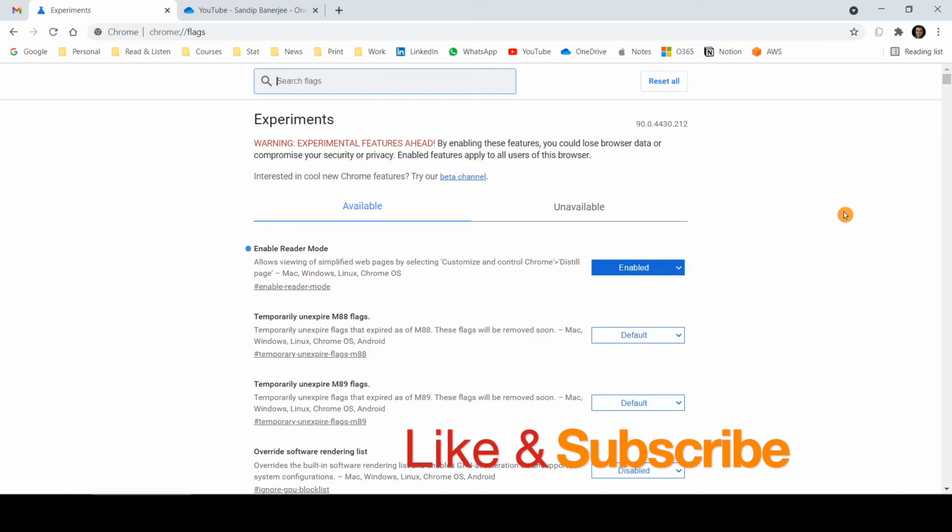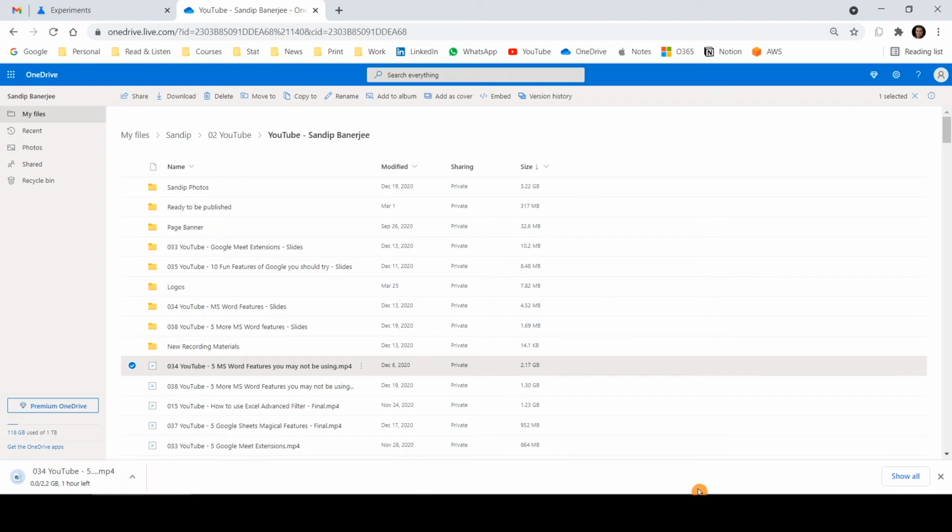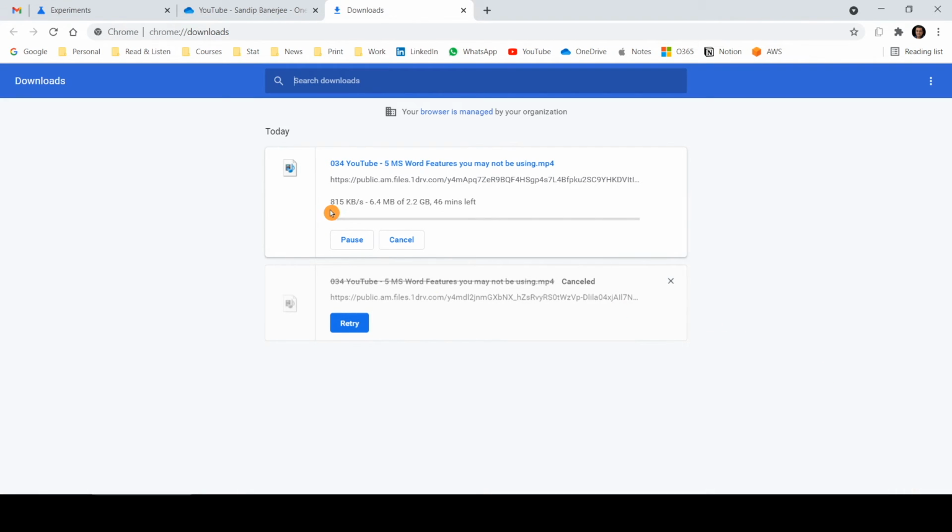Now let me try to download the same file another time. If I go to my OneDrive, select the same file and click on download, it will start then and there. And if I click on show all, now you can see the speed is below 1 Mbps. Earlier we were getting between 2 to 4 Mbps. However, currently it's not crossing 1 Mbps also.